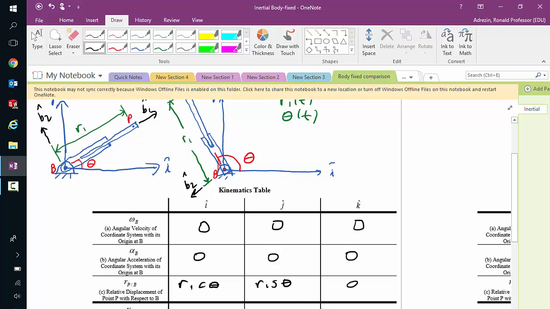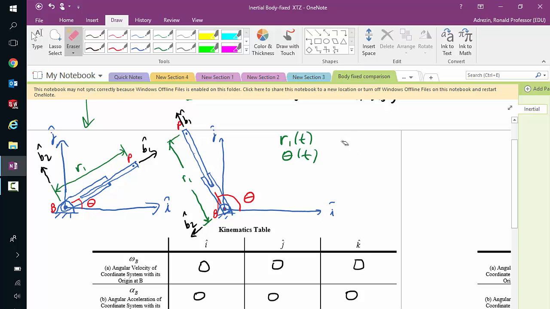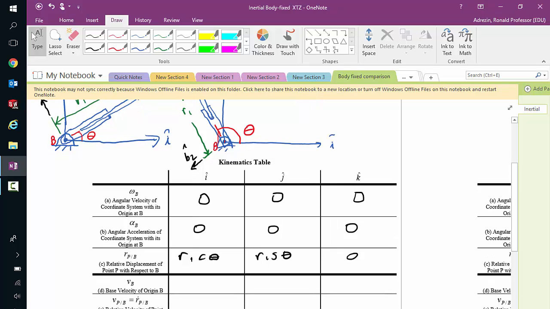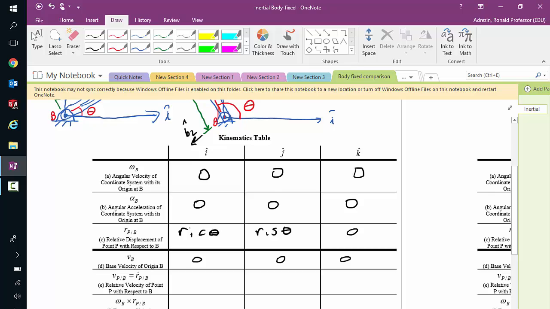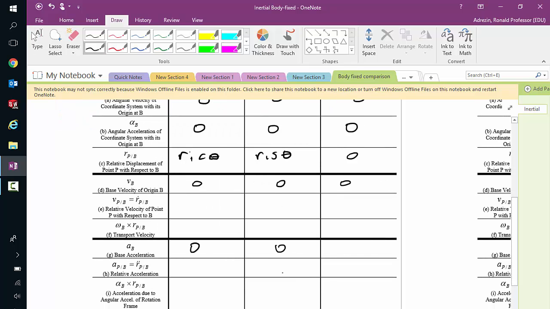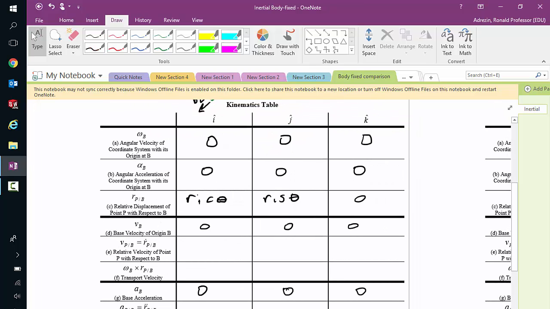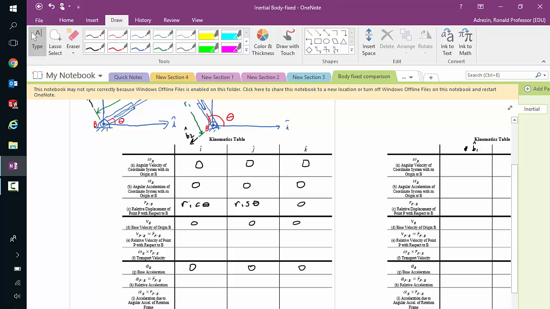But just remember, when we're ready to take our derivatives, R1 can stretch, so it is a function of time. So even our first set of derivatives to get the velocity from B to P, or P with respect to B, however you want to say it, is going to have both chain rule and product rule. Right now, it's pinned at B, making life easy. That's 0. Acceleration at the base is 0. Pretty easy, and as we've done countless times at this point in class, you've done for homework as well as in the review, right? I keep saying over and over again, if I can get these 5 lines,